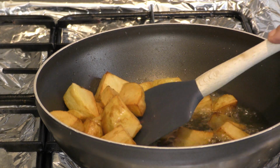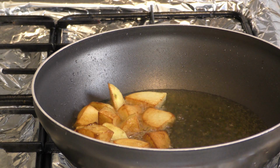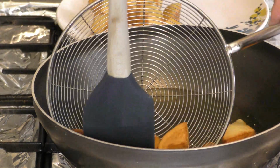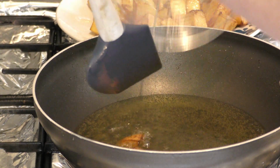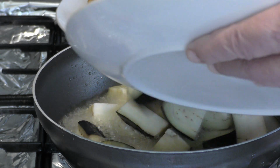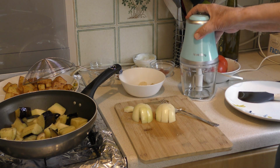Now you need to fry that much, like golden brown like that, and then take it off. Now we're going to put in the aubergine and fry it here. Now I'm going to make it also brown, golden brown, then we're going to take it off. Now while the aubergines are frying, I'm going to